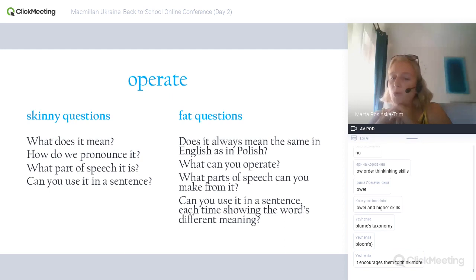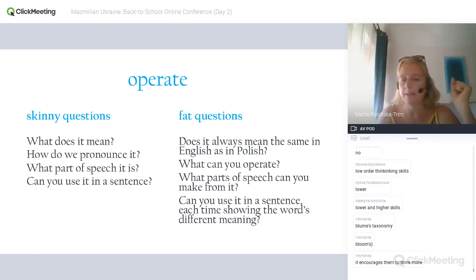Yes, some of you are saying it's Bloom's. It is Bloom's. Bloom started that concept. Yes, indeed. It's something that goes back to his time. It has been then rewritten by a few other people. But yes, I agree, of course. It encourages them to think more creatively about vocabulary. And I always use words which are particularly difficult for my students, and I treat them like this, yes, in